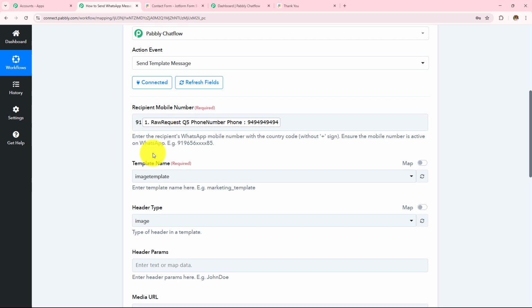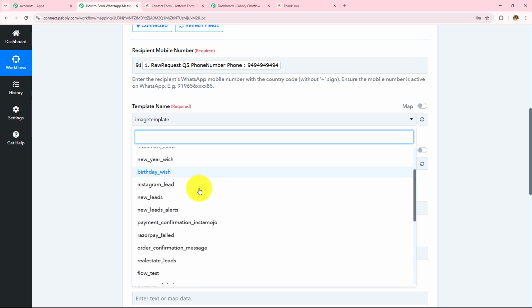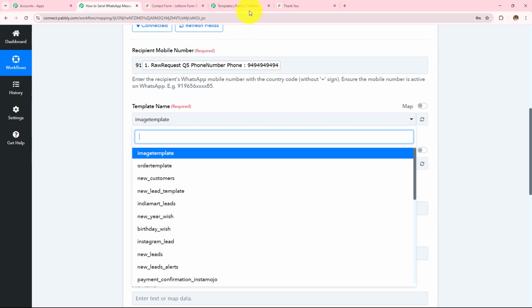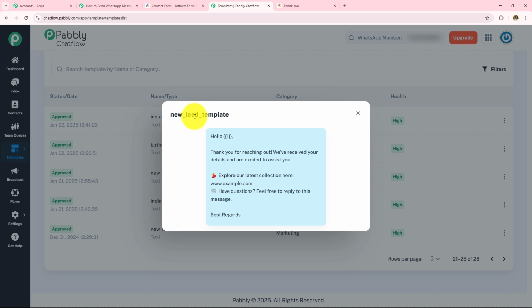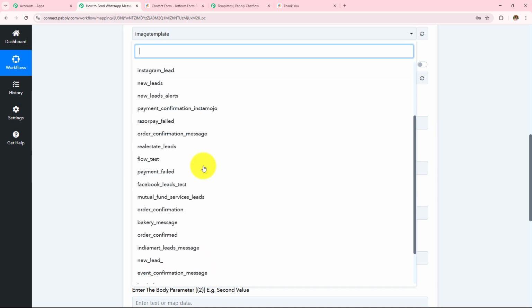So this format will then be valid. Next, I need to enter the template name. In this drop down, I can find all the templates that I have created. Now if I go back to my Pabbly Chatflow, the name of my template was new lead template. So I'm going to open my workflow, and from this drop down, I'm going to select my template as new